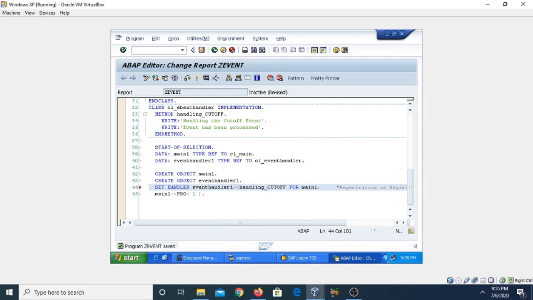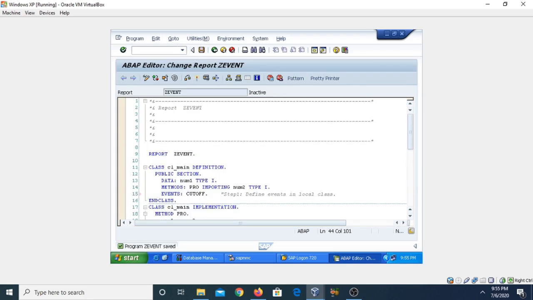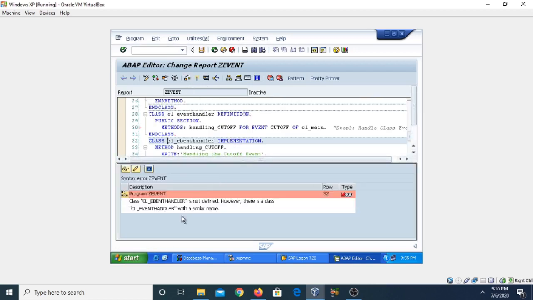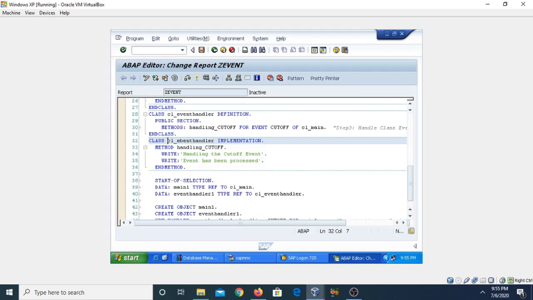Now click on the save button. Check for the errors. Let us check for the consistency. We have an error: we have not taken the class name as event handler, so we are replacing here B with E. Save.